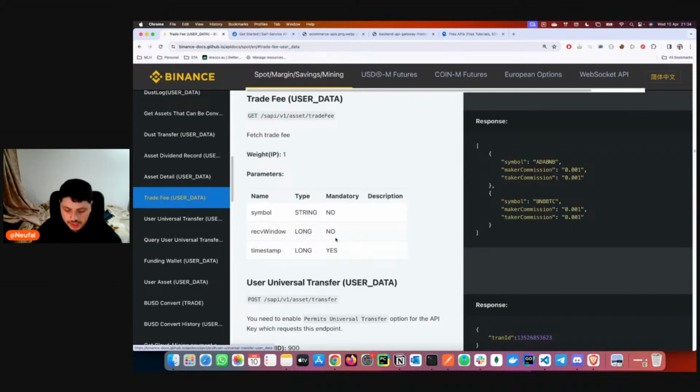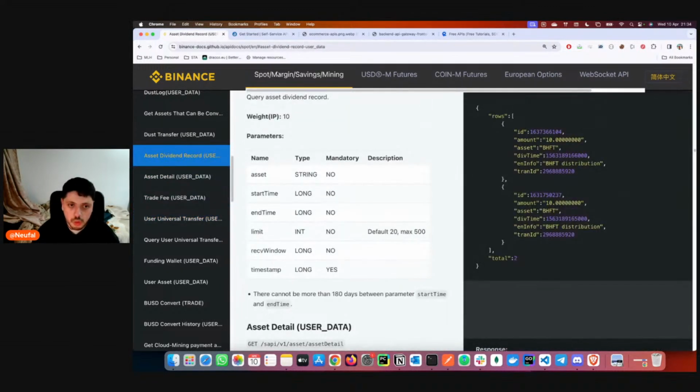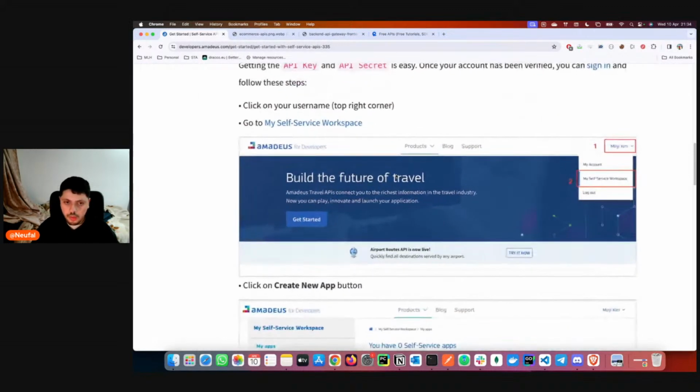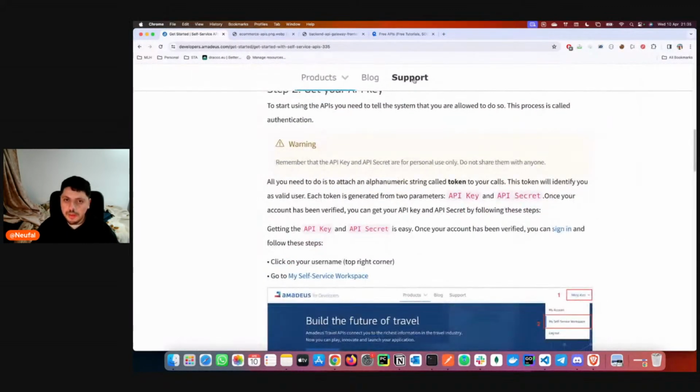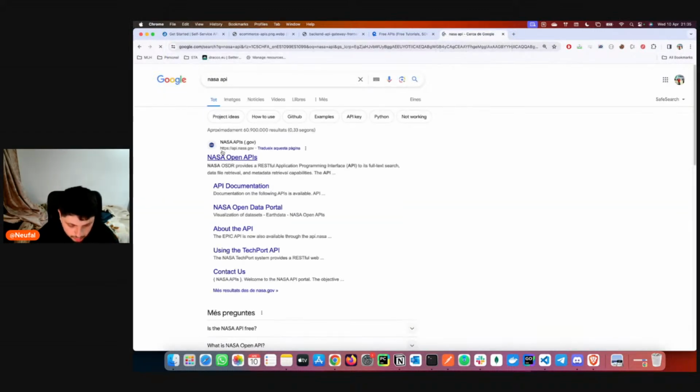So yeah, basically this is it. These are some basic concepts on how to run through an API. So before we go with the real example and the code and dive in, let's see another example. Someone said the NASA API. Let's go and see what the NASA API has. Let me see.